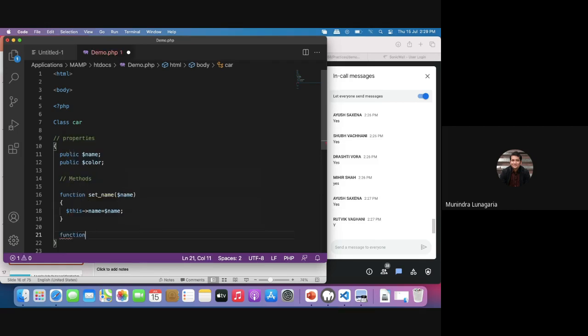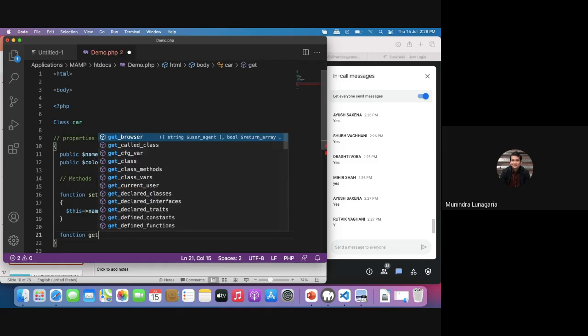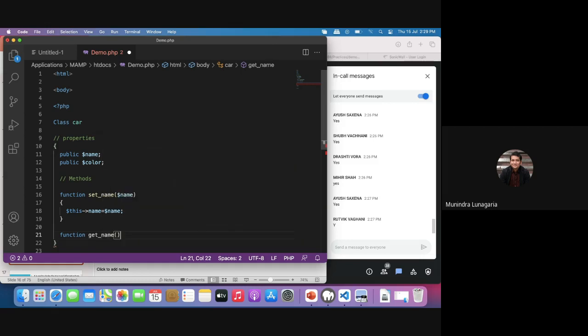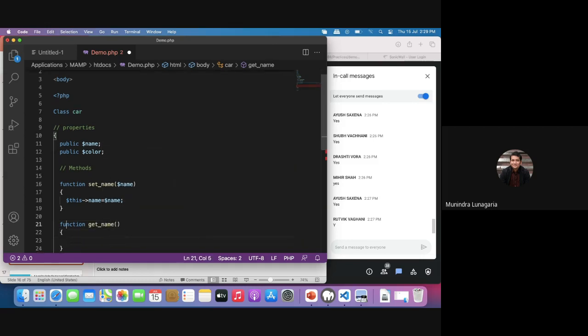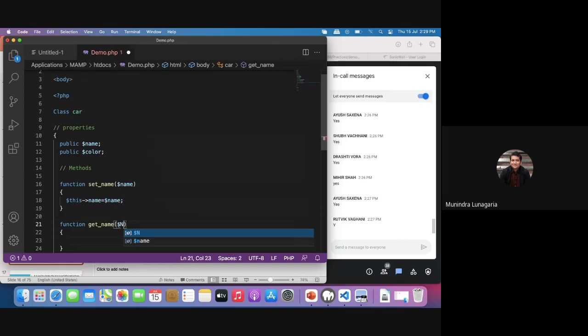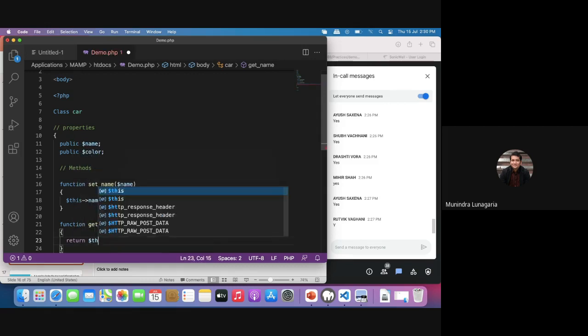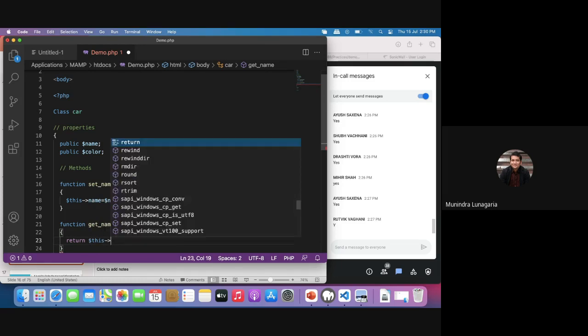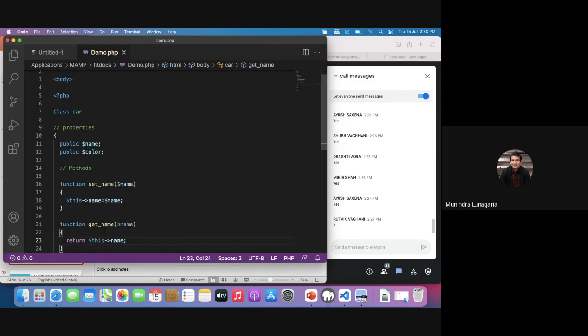As well as, I'm going to choose another function, function get_name. Alright, same argument is name, which means I'm going to return also, because it is going to pass the value name. Okay,